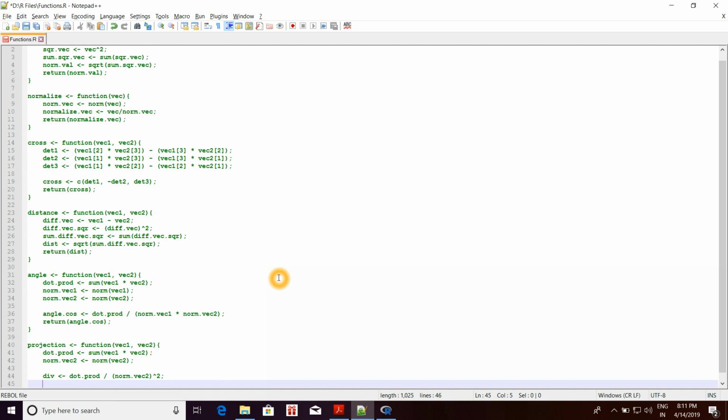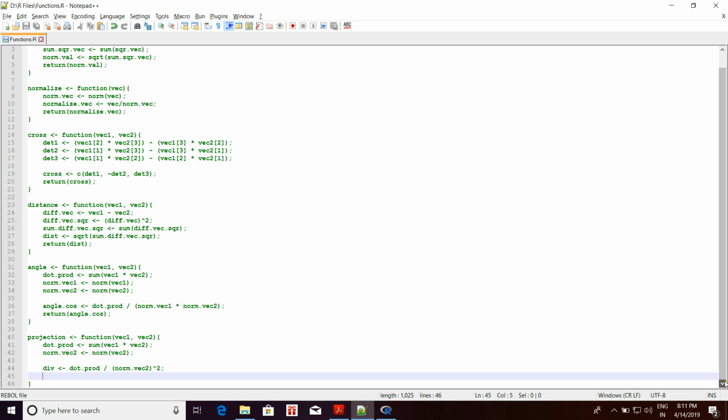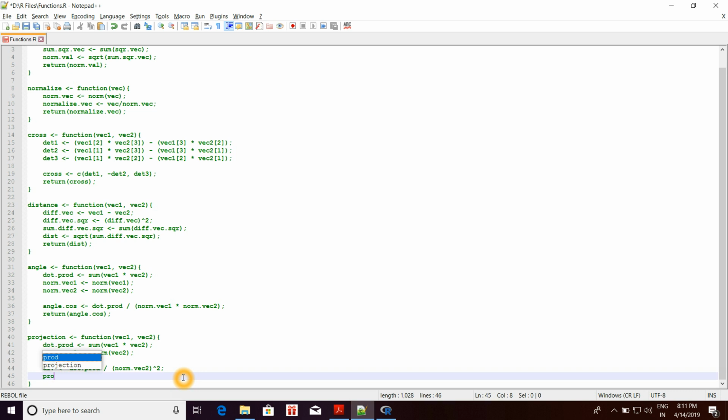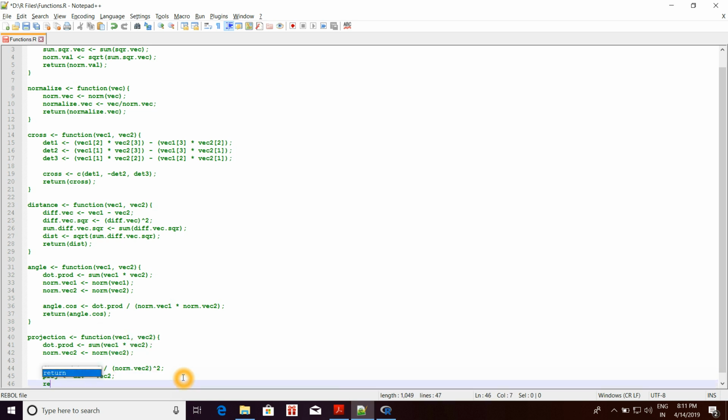So this will give the division, and then we have to multiply this with the vector v. So the proj vector will be diff into vec2, and we have to return proj. So now you have to load it again,